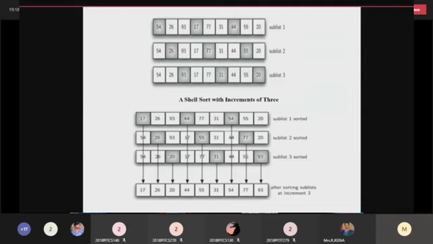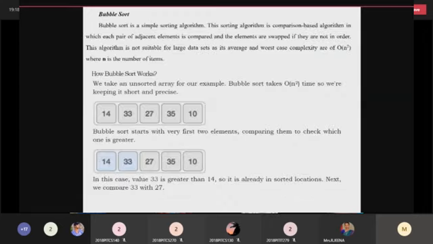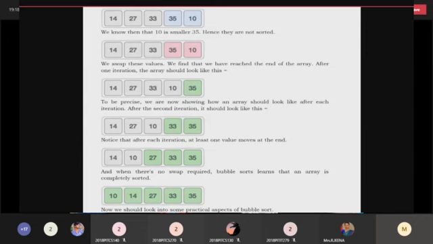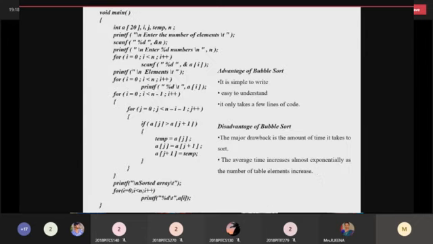Then bubble sort. In bubble sort, you have to take pairs of adjacent elements. List of i will be compared to list of i plus 1. Every time you have to compare all the adjacent elements, so it will take more time. Again it will start from the first phase, from the 0th index and first index. Until the condition is satisfied, it will keep swapping. So here the number of steps is increased, but the program is very simple. The concept is very simple, but it takes more time to swap.